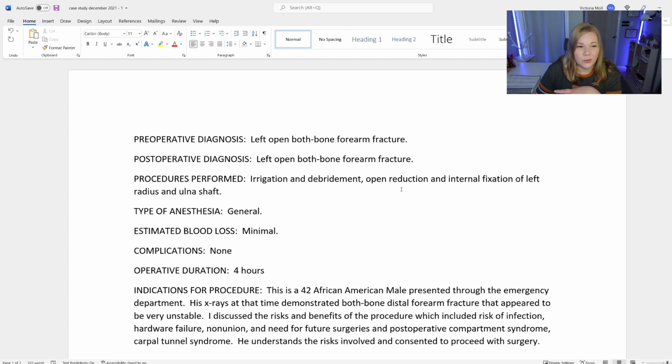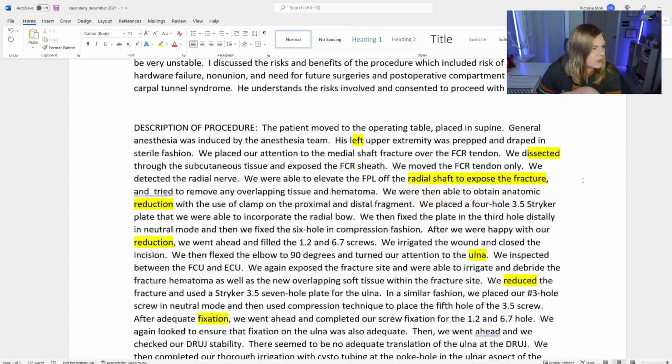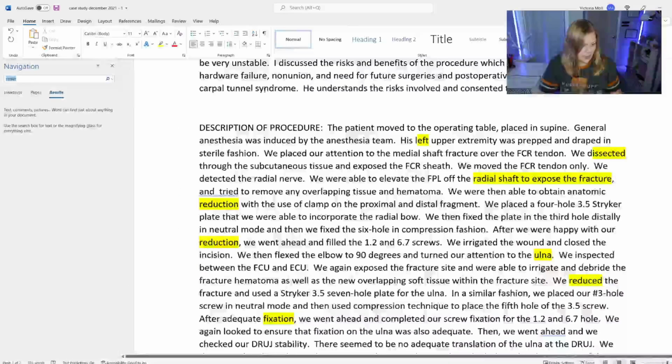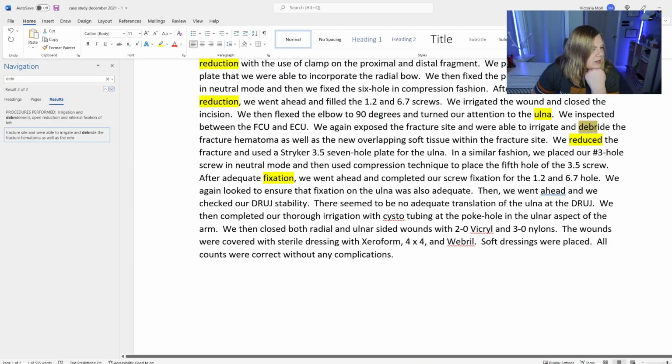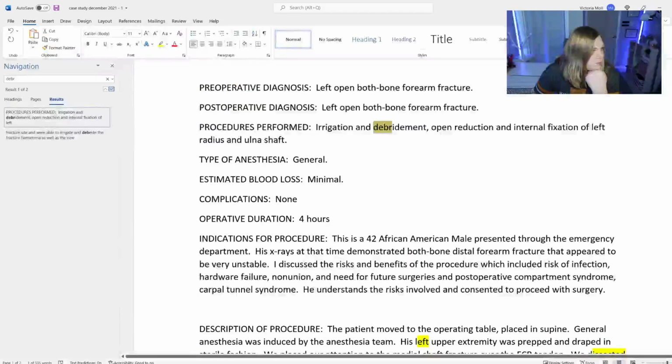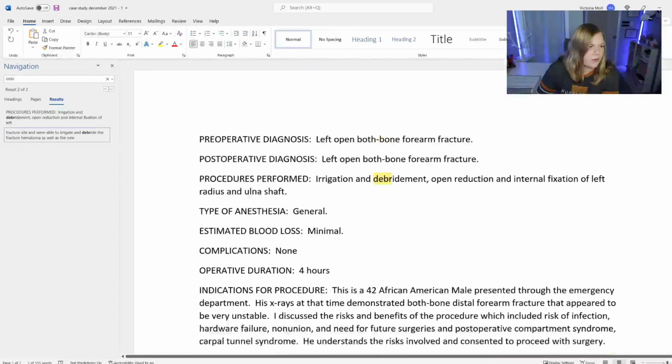As far as irrigation and debridement, probably more inherent to the procedure. I don't think we would be billing out separately, so I'm not seeing any notations of the depth of the debridement, of the size of the debridement, but let's go back and take a look here. Let me do my Control F, debridement. So it says we again exposed, irrigate and debride the fracture hematoma. Yeah, so not really anything saying we debrided musculoskeletal tissue, we debrided tendon. So that to me really looks more like it's inherent to that fracture repair, the ORIF, they call it,